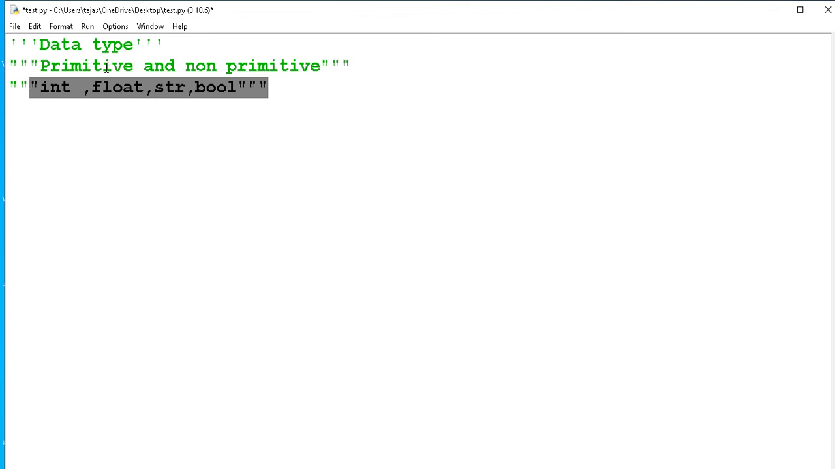So first we will see what is meant by these primitive data types and how to use them. From the next session I will start to explain how to use these